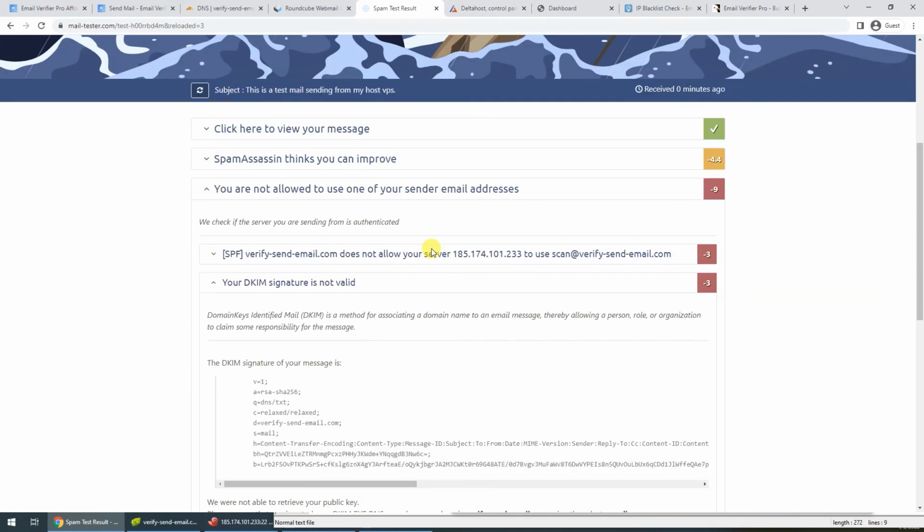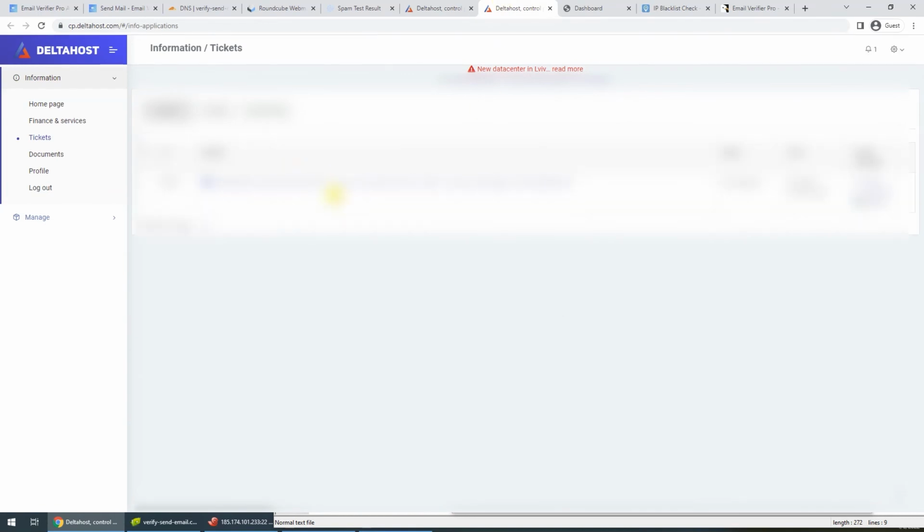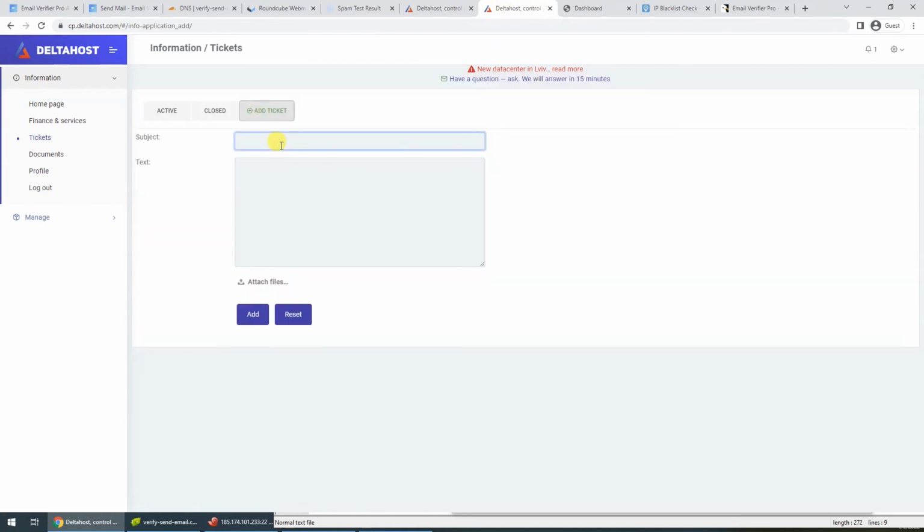Maybe it exists but it's not in front of my eye or something like that, so I'll just leave that up to them. Maybe I'll send them a ticket. Let's see. Add a ticket. Please fix my RDNS of VPS, of active VPS. Hello, please point my VPS IP to